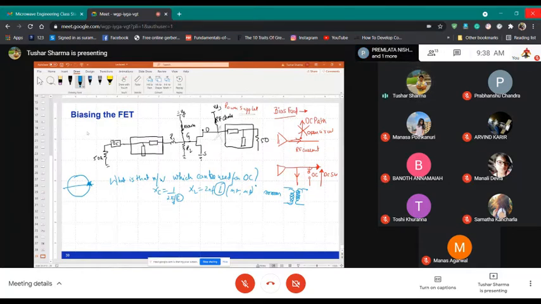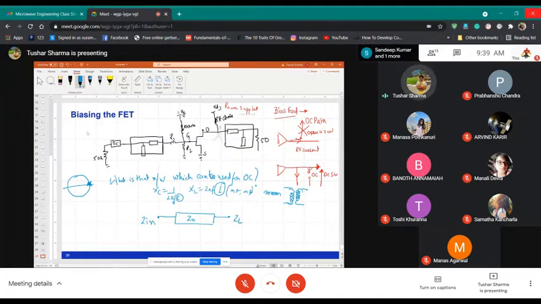Okay. But the other way, which is a smarter way: we all read about the transformer, right? This is Z0, okay, and this is ZL, and then this is your Zin, right?